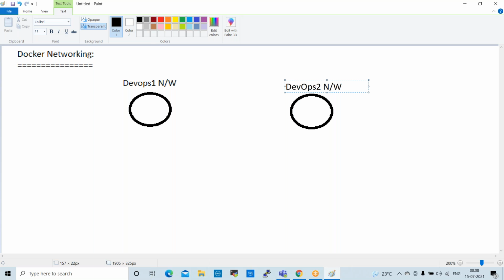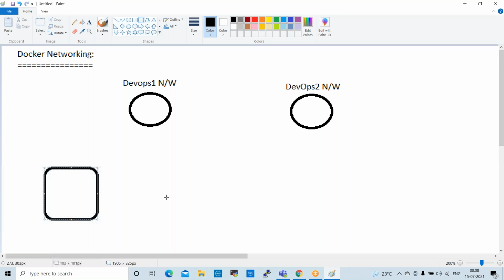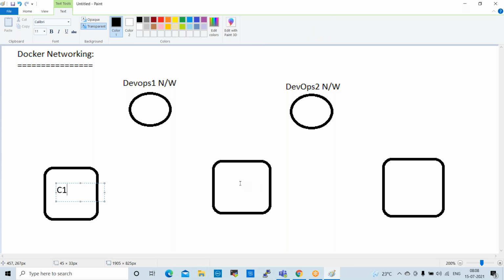Under this, we have 3 containers, container 1, container 2, container 3. The container names we can put as C1, C2, C3. So these are the 3 containers, and we have 2 different networks: DevOps 1 network and DevOps 2 network.